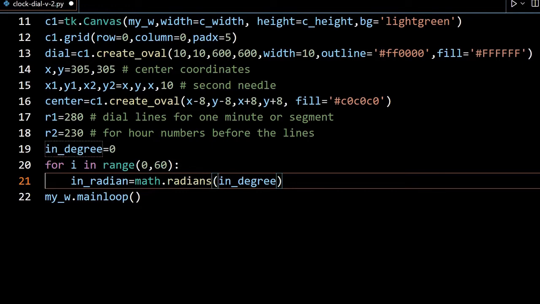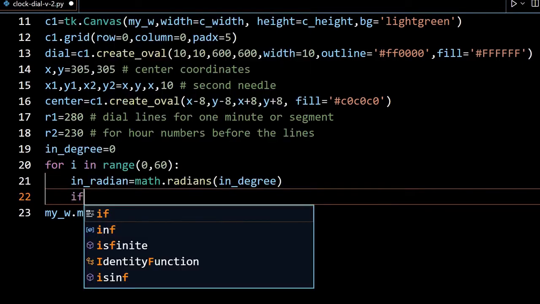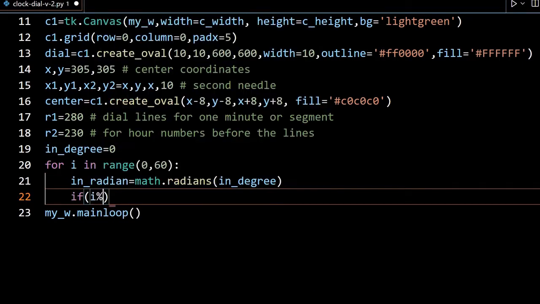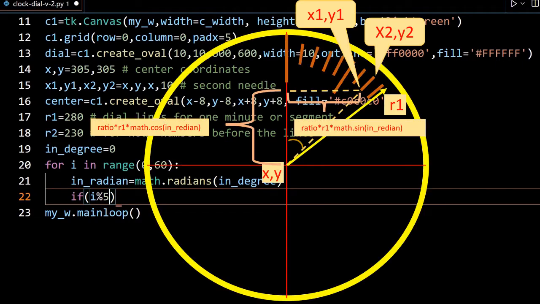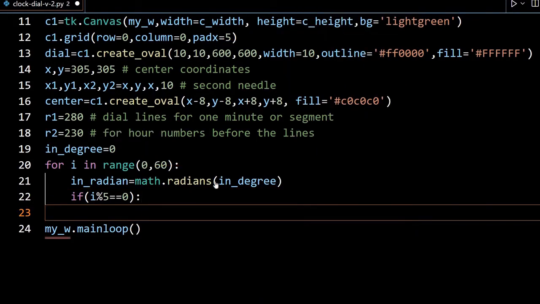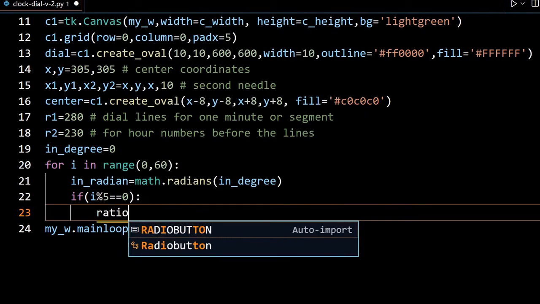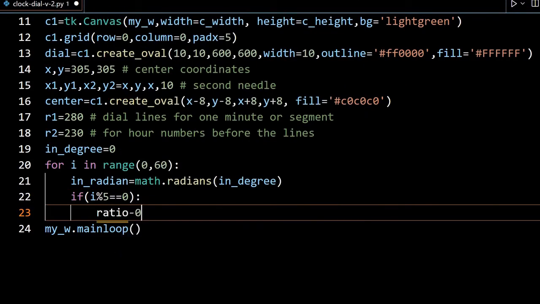Now here I am putting an if i modulus 5 equals 0, then 0, 5, 10, 15, like that it will go. If it is a multiple of 5, even for the first one, then I want some action to be done. What is that? We'll see. Then I am declaring one more variable, ratio equal to 0.85.